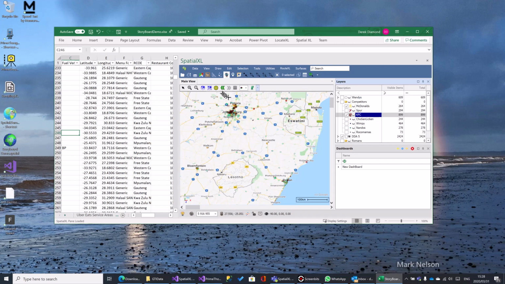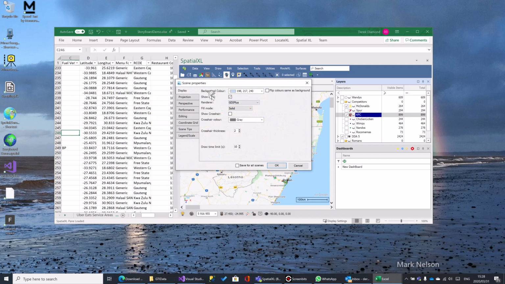First feature which I'm going to mention is, you'll see here for our background color, there's an option to say flip colors same as background. Now that option was on by default and you couldn't change it. It happened from a few months ago. We've now got an option, it's off by default now. And if you do want it, which is usually the mining people would want it, you can put it on,